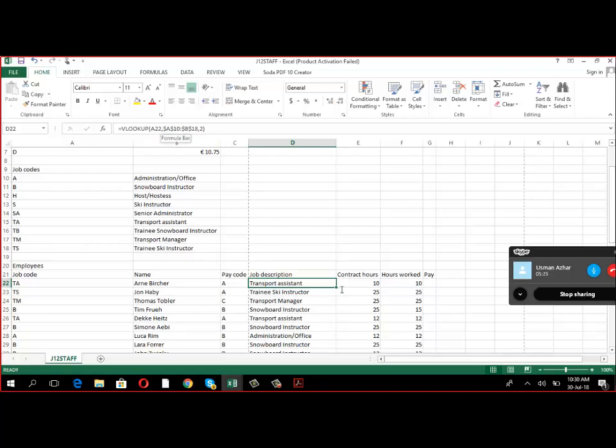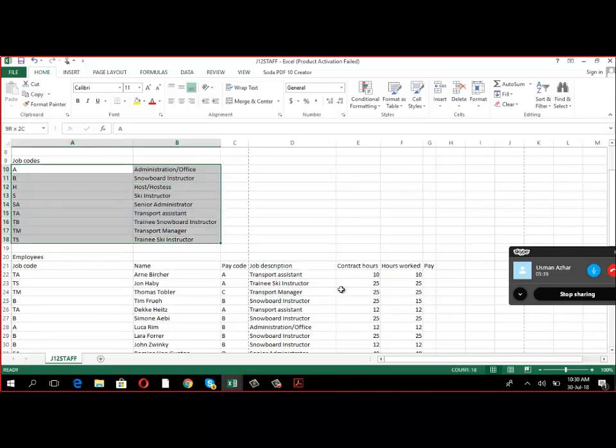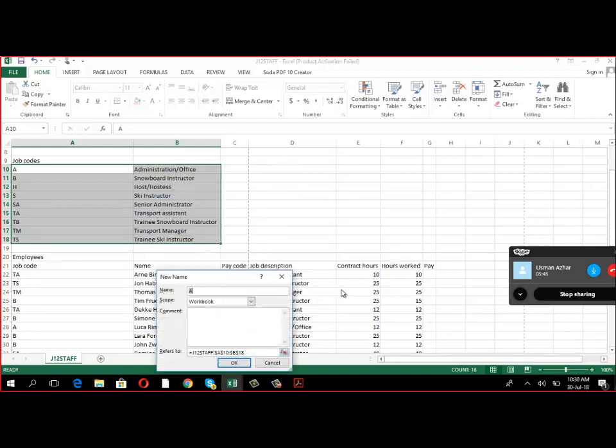Did you see A10 to B19 is a range, and it's static. The range is not changing. Don't forget this part. What I'll do is, Usman, look closely. I'll select this range, right click, define name. I will name this as